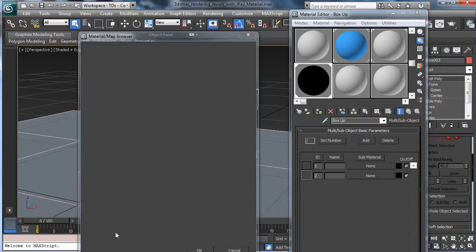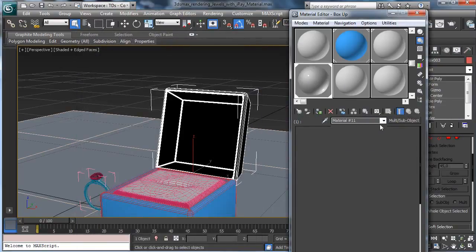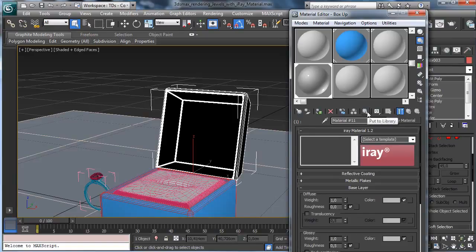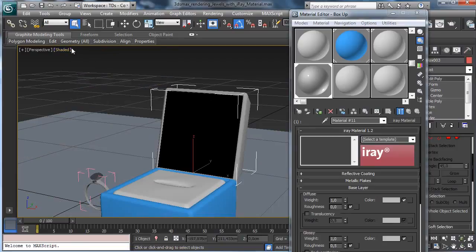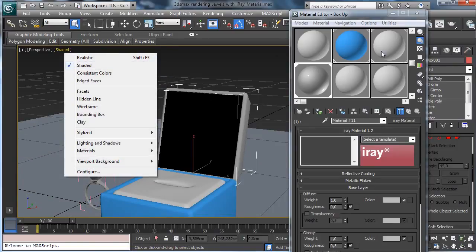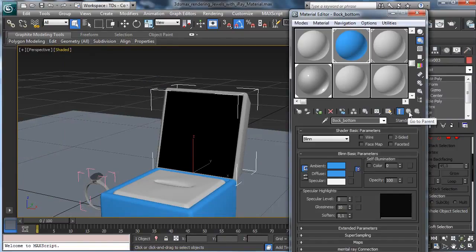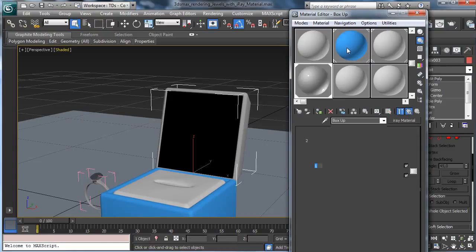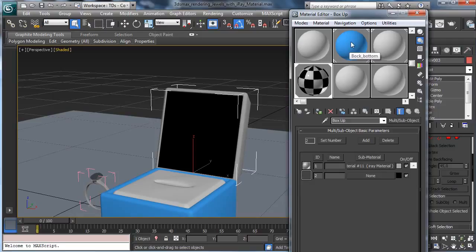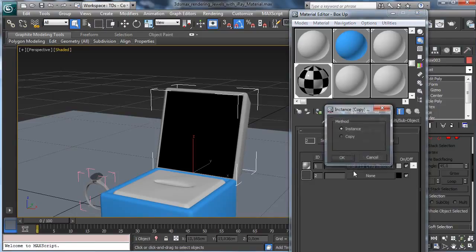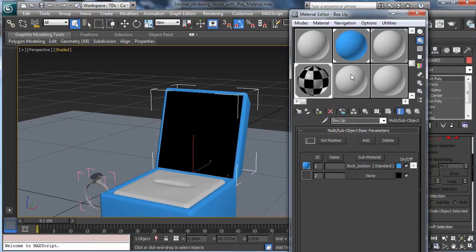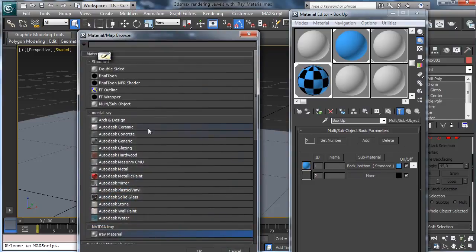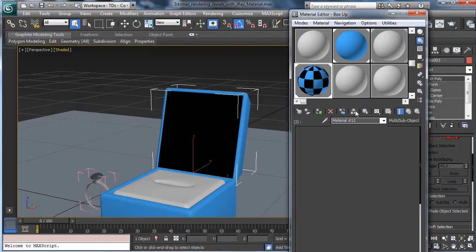The first one will be an arnold material, and let's say that the first one will be the same we'll use for the outboxes. So let's make an instance, and the second one is an arnold material,